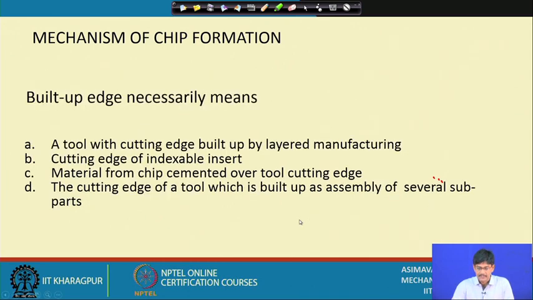Right. Built up edge. Built up edge necessarily means a tool with cutting edge built up by layered manufacturing. Cutting edge of indexable insert, material from chips cemented over the tool cutting edge, and the cutting edge of a tool which is built up as assembly of several sub parts. Actually, built up edge